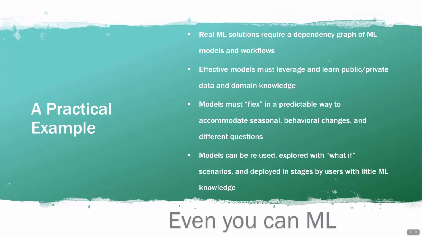And again, just returning to how brittle most of this infrastructure is, and most of these homegrown implementations, even once you do get them up and running, they're not really evolving with up-to-date data and changes. And so they don't flex. What I mean by flexing is, they don't respond well to seasonal behavioral changes. What happens if you have a model that's based on 10 years of data and something has drastically changed over the last year? COVID's a great example. This really blew the doors off of most models.